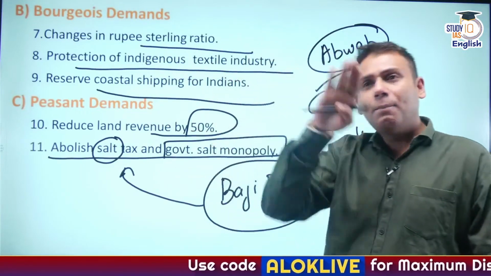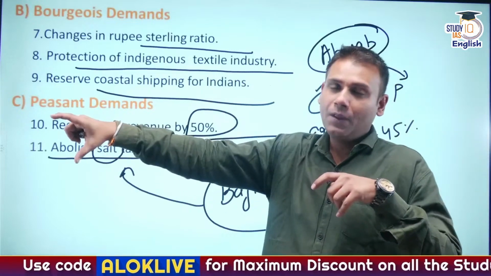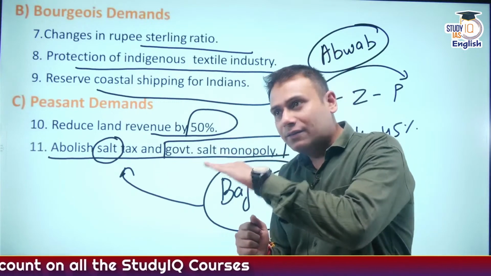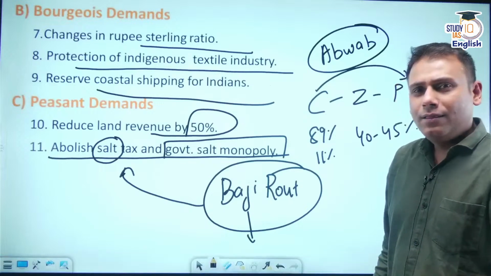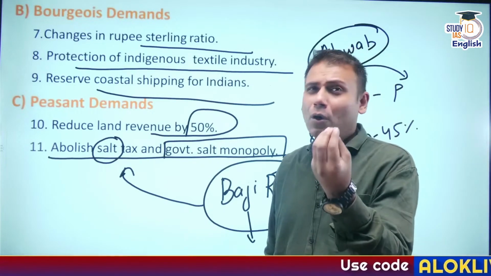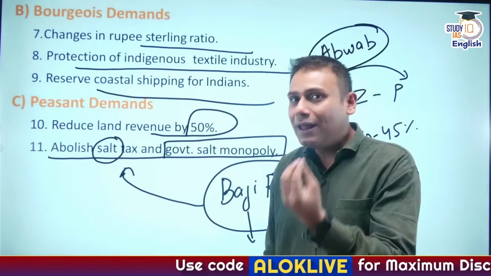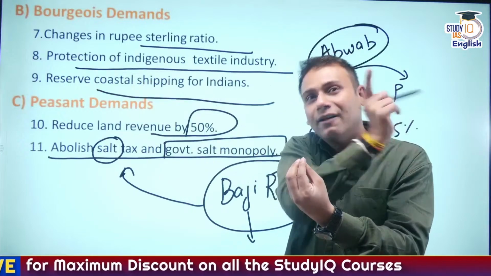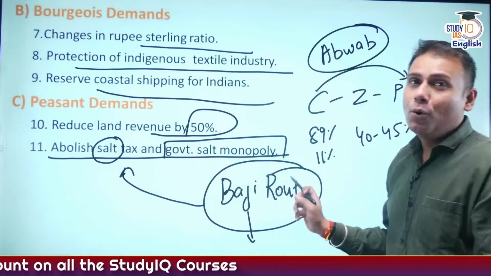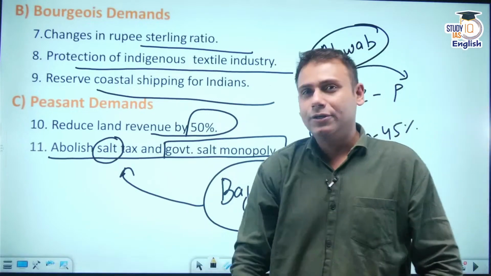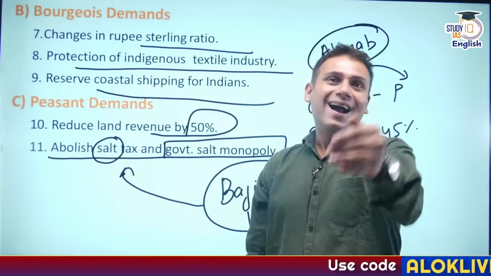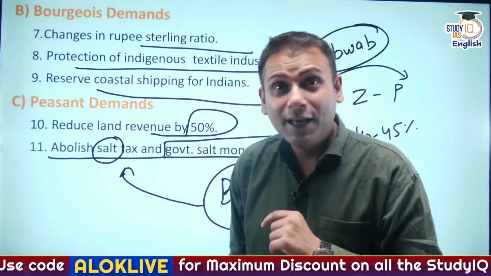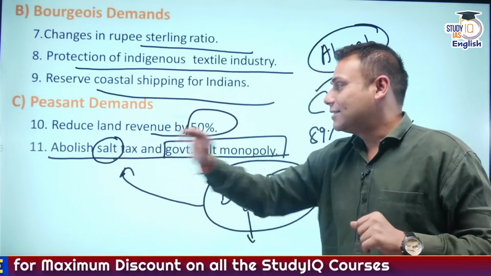When they had to move to the other part of the village, they had to cross the river Brahmani, which is a tributary of river Mahanadi. Correct? And this boy, he was ferrying a boat. The young boy, 11 to 12 years old, knew about the exploitative character of the British rule, and he knew that Britishers have created a massacre in this part of the village and they are going to create a massacre in the other part of the village. He denied ferrying the boat to the Britishers, and finally he was killed by the Britishers. So Baji Raut became the youngest martyr of Mother India at the very young age of 11 or 12 years. Correct? So Mahatma Gandhi chose salt for this reason.